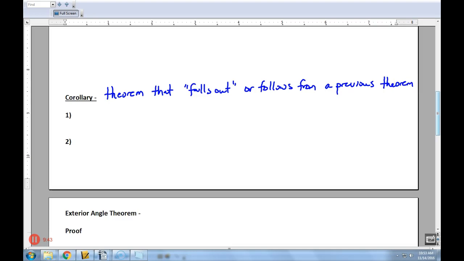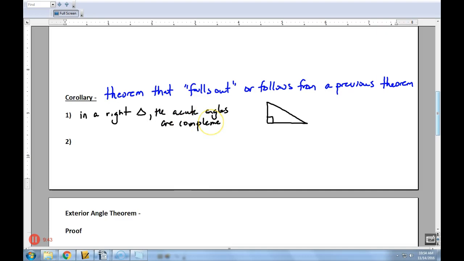And the first one is that in a right triangle, let me draw that over here. In a right triangle, the acute angles are complementary, or equal 90 degrees. So for instance, if you have a right triangle and I'm not sure what these two